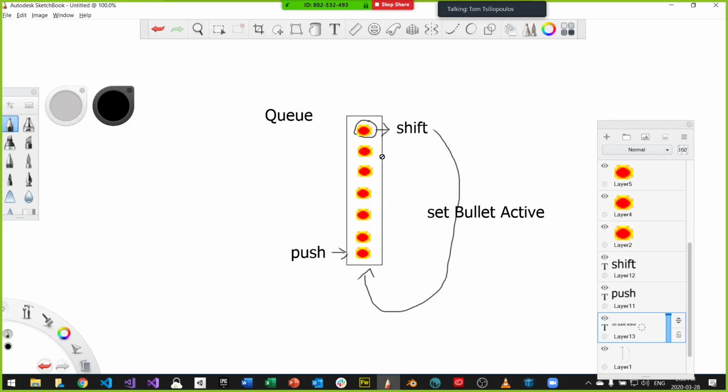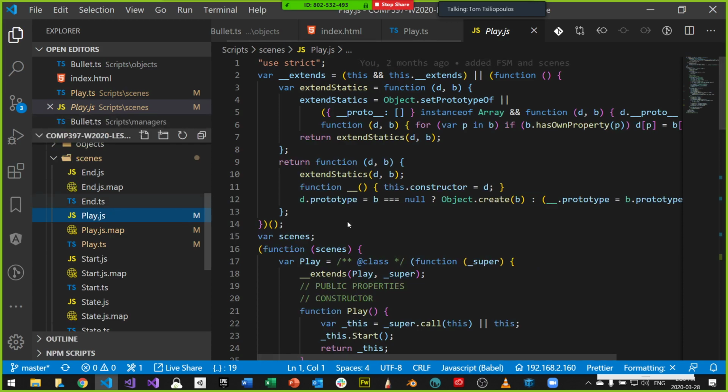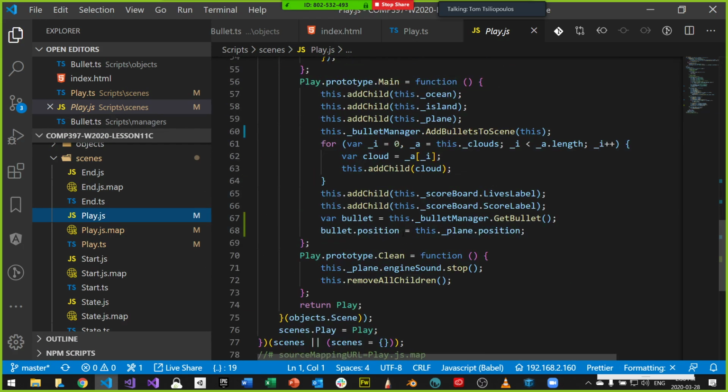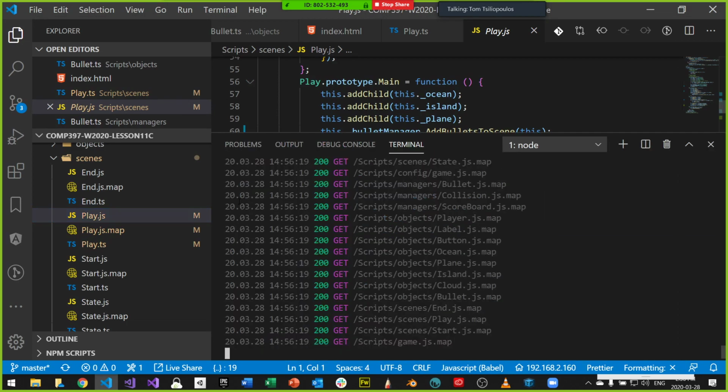So again, let's just go here. And sometimes what I want to do is check to see if it's been transpiled. For some reason or another, sometimes it just doesn't happen. So I'm going to go down here and check to see if I did that bullet position. Yeah, it looks like it transpiled nicely. So this is pretty cool. But sometimes we need to see if this has been reset, right?